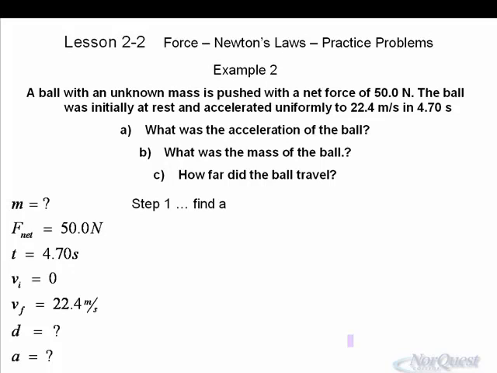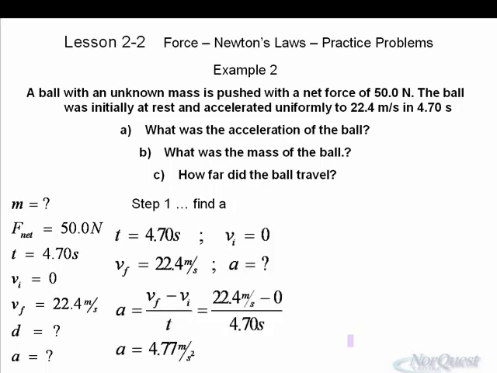Initial velocity was 0. Final velocity was 22.4. The time of travel was 4.7. Those are three variables, and of course, whenever you have three, using those four kinematic expressions, you can find the fourth. And this one's pretty straightforward because time, initial velocity, and final velocity are given. Solving for A, we use our first kinematic expression. VF, 22.4 minus 0, that's the initial, divided by the time, gives us an acceleration of 4.77 meters per second